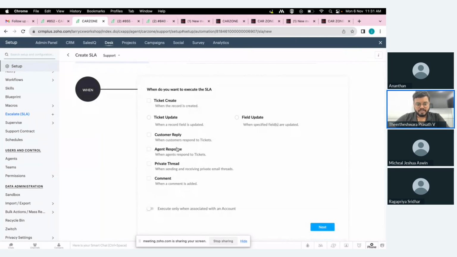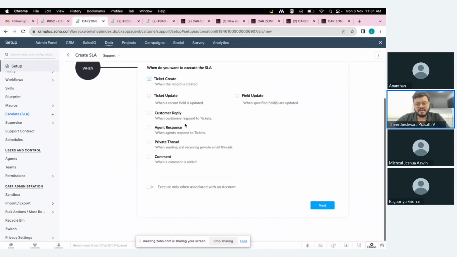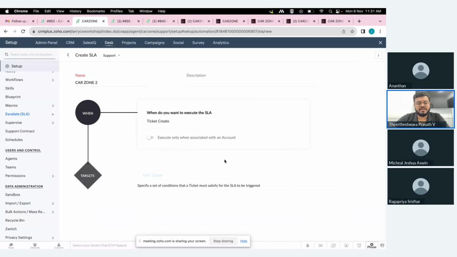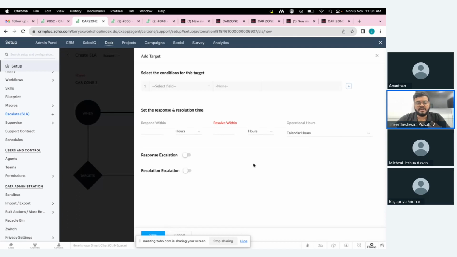In this case, you can choose multiple options or any other specific options in which the SLA needs to be triggered. So if I choose ticket create and click next, I'll find an option to add targets. When I click on add targets, I'll be able to set any specific criteria required, and also set the response time and resolution time in which the SLA has to be triggered for the ticket. So the basic idea of SLA is to provide a